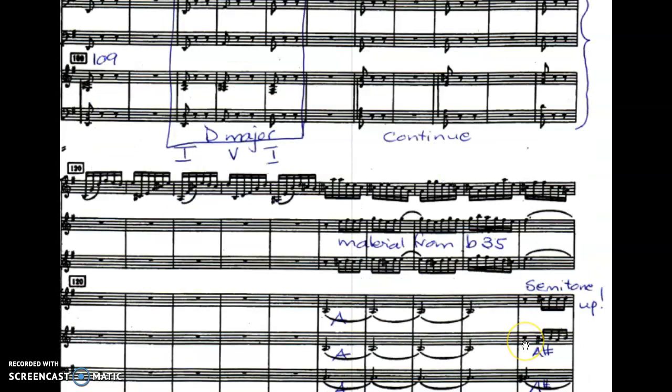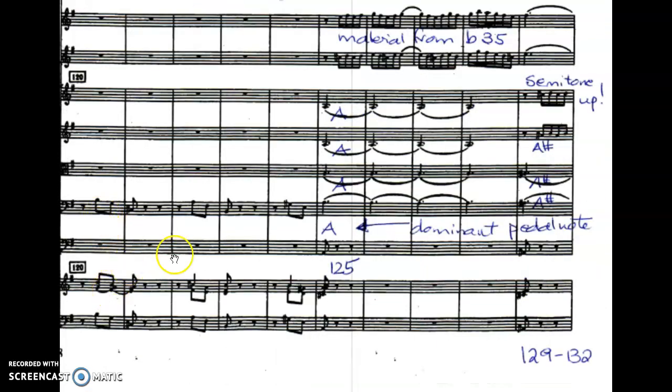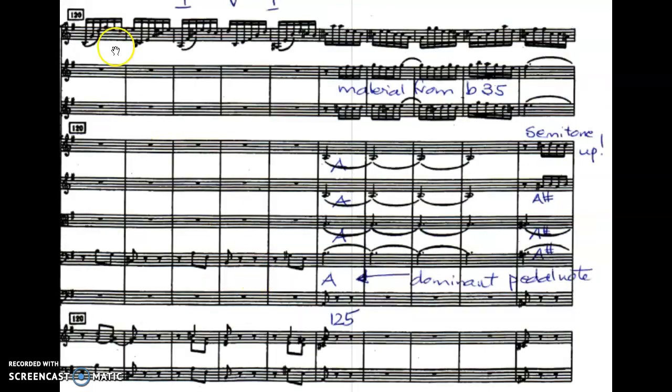Until bar 125, I have that interjection, and I have the violin playing there. Now in bar 125, I have the recorders enter, and they have the material of bar 35. So go back to the previous material and go to bar 35, and you will see and hear that same